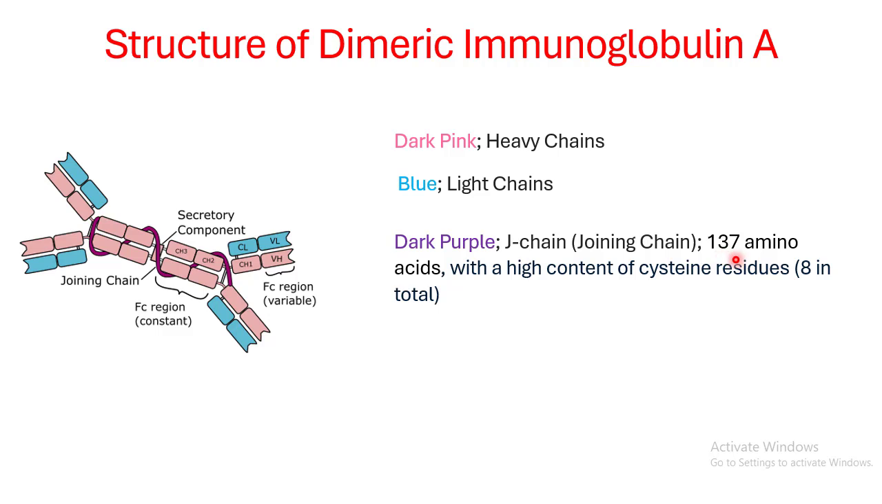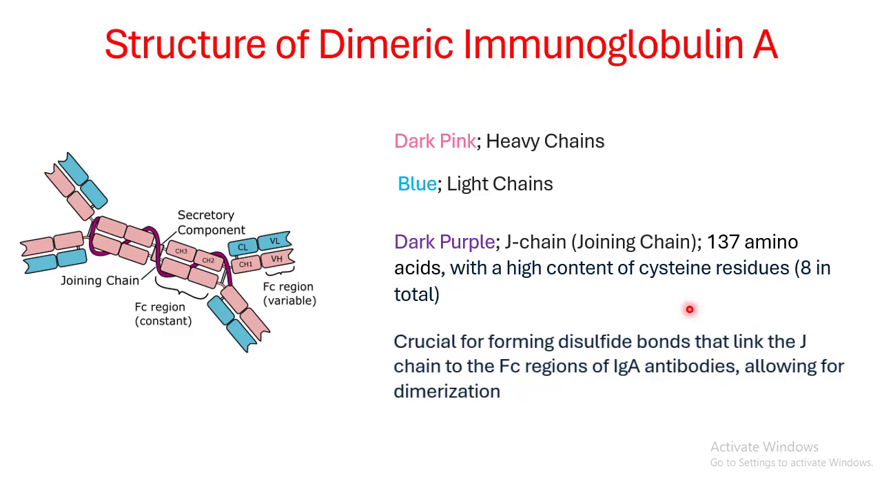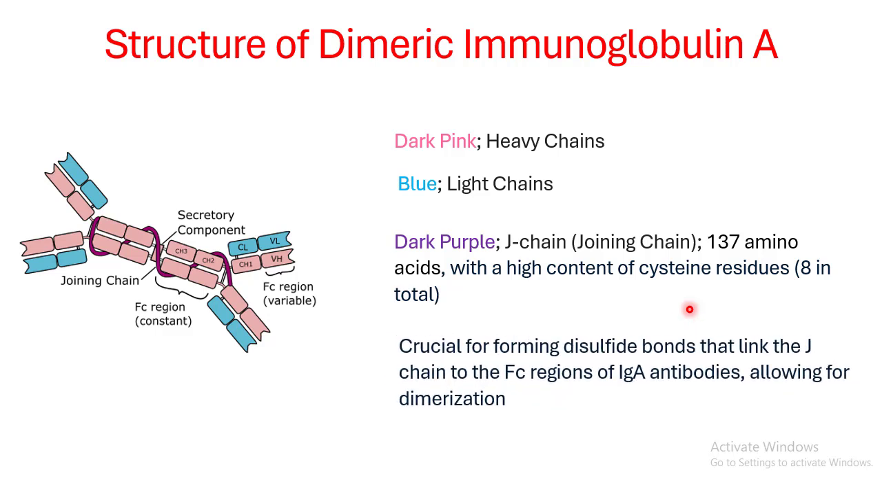The J chain is made up of about 137 amino acids, and it has a very high content of cysteine residues, like there are 8 cysteine residues in the J chain. So why is there a very high content of cysteine residues over here? This is because these cysteine residues are very crucial for forming the disulfide bonds, and these disulfide bonds